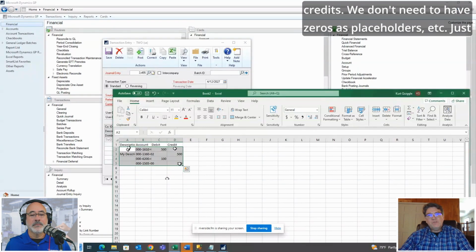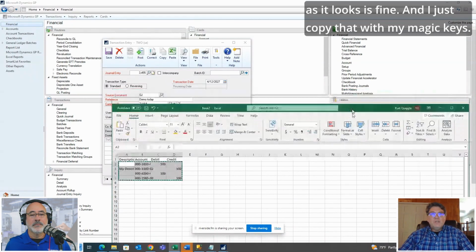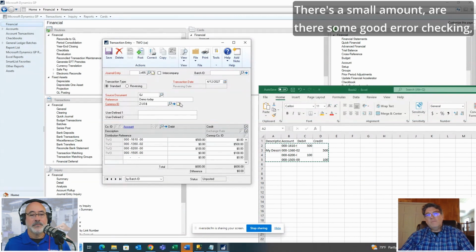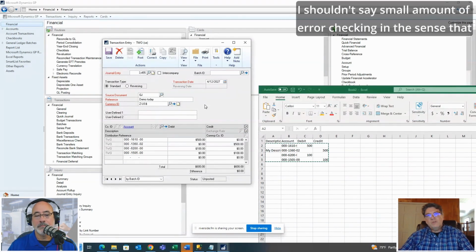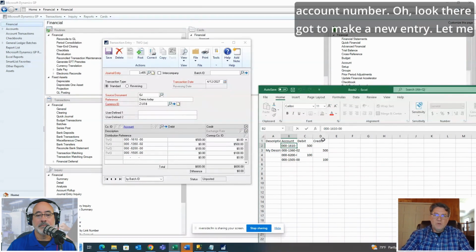We don't need to have zeros as placeholders, etc. Just as it looks is fine. And I just copy that with my magic keys, hop over to GP, hit paste, and away we go. We're all in. There's some good error checking. I shouldn't say small amount of error checking in the sense that, again, if we were to bring this in and there was a bad GL account number,